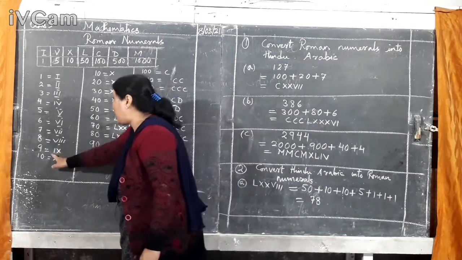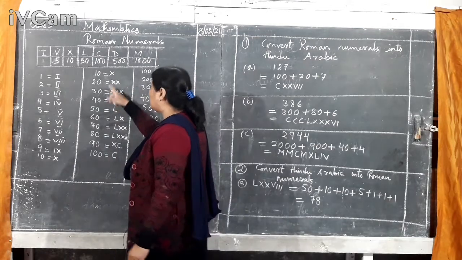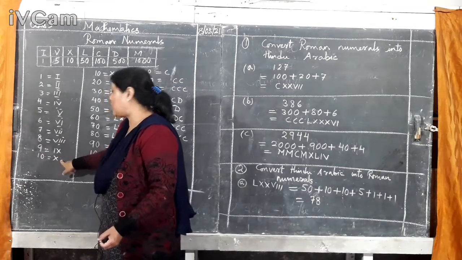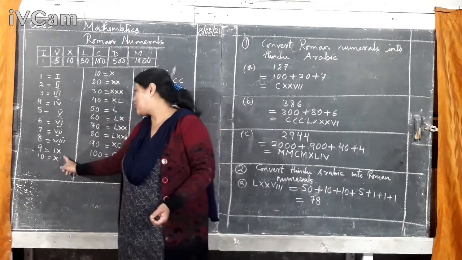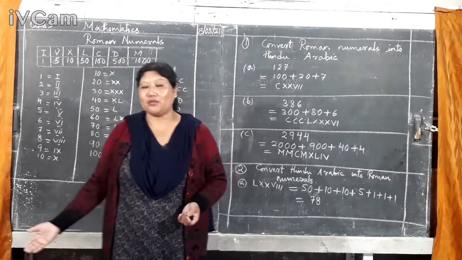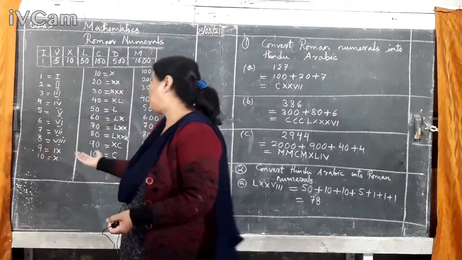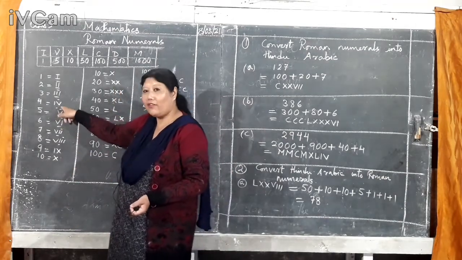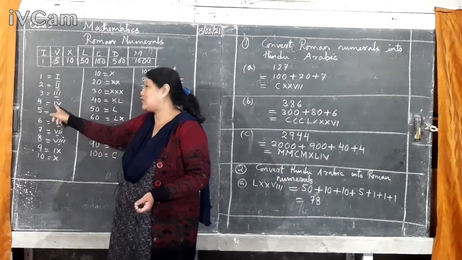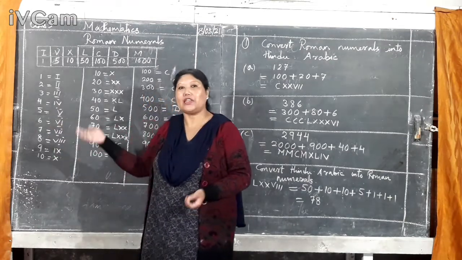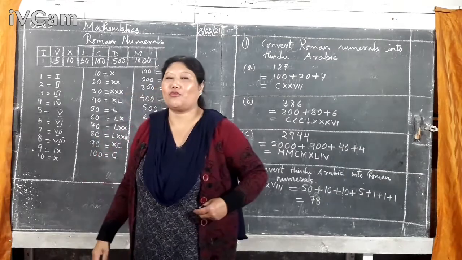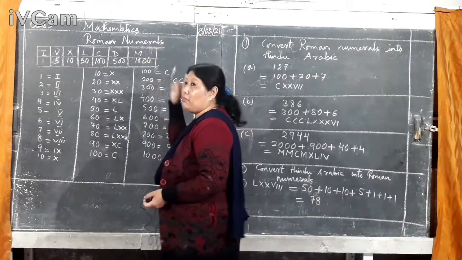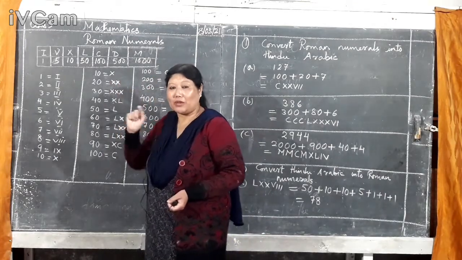But if you write I on the right hand side, last time I told you, 10 plus 1 will be 11, 10 plus 2 will be 12, 10 plus 3 will be 13. But to write 14, what do you have to do? 10 plus 4. So 10 is X, 4 is I, V. So 10 plus this one will be 14, then 15. It will go on and on. You have learnt in class 4 also, 1 to 50. Now, the larger numbers start from class 5.